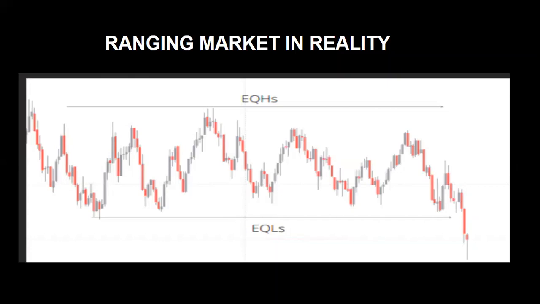So don't forget, I talked about the uptrend, the downtrend, and the ranging market. So I've shown you how it looks like in reality, how it looks like in the market, and also what you need to identify as your swing point. So your swing point,